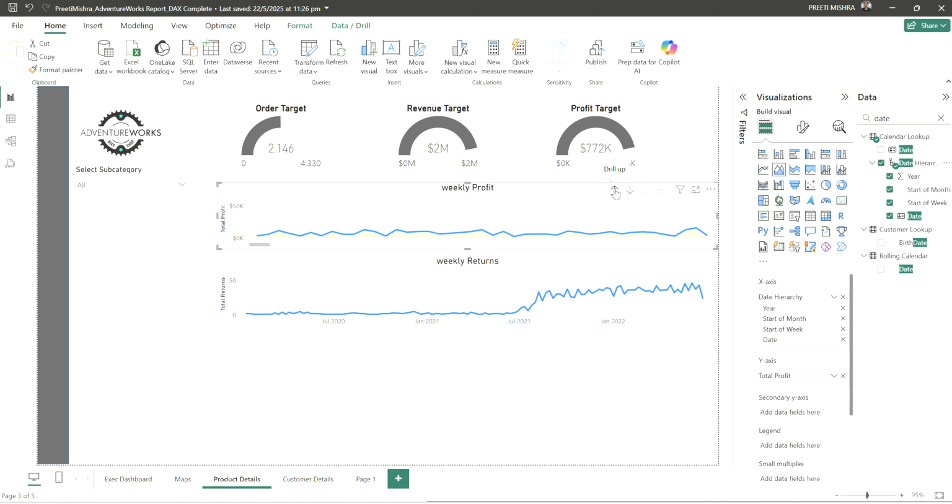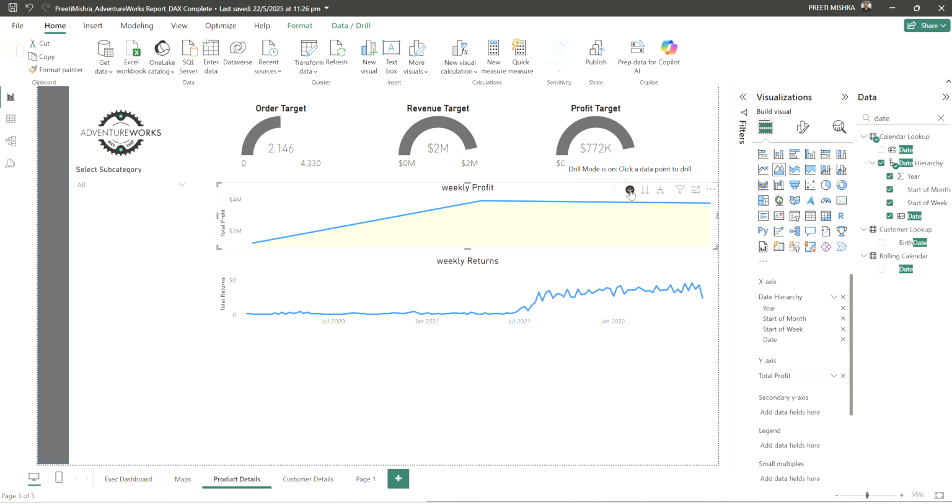So this is on a weekly level. If I drill it up, instead of weekly it will be taken to the monthly level. Then if I take it up, it will be taken to the yearly level and so on. So this is the total yearly chart. Let me further drill it down.